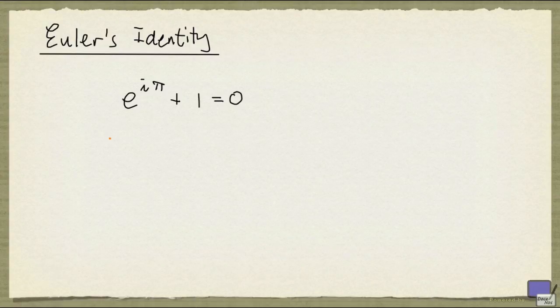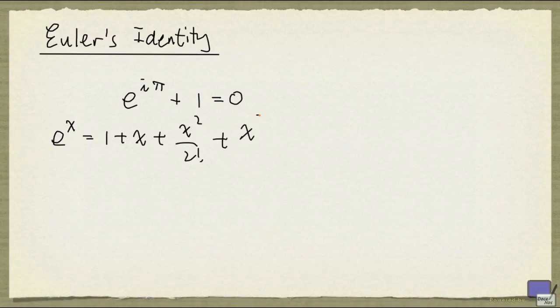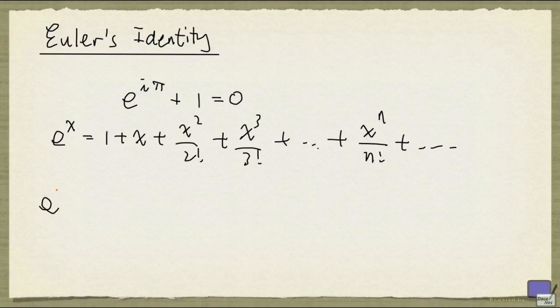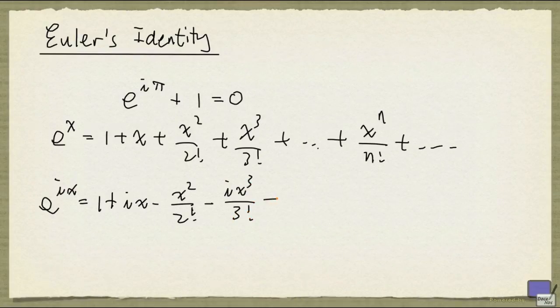And the key is the following. The power series expansion of e to the x is given by 1 plus x plus x squared over 2 factorial plus x cubed over 3 factorial and so on. So the generic term is x to the n over n factorial. If you take e to the ix, what you end up with is 1 plus ix minus x squared over 2 factorial minus ix cubed over 3 factorial plus x to the 4th over 4 factorial